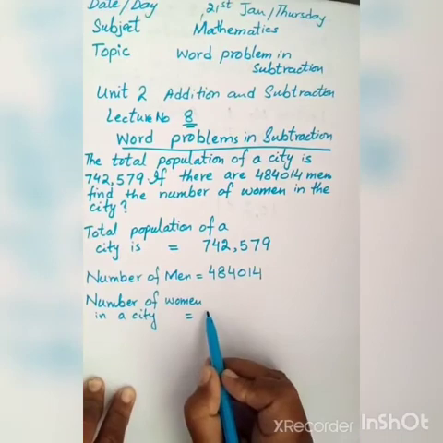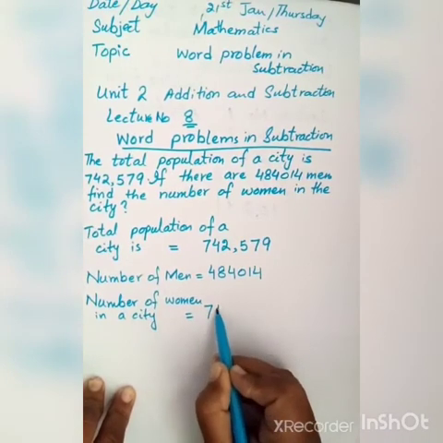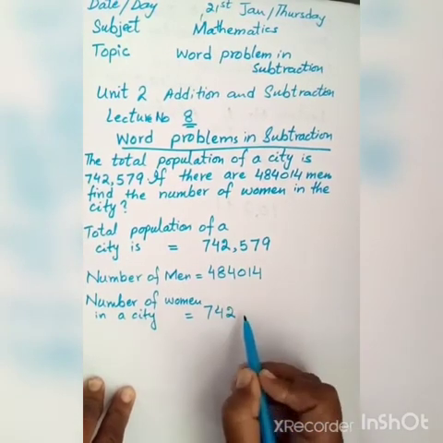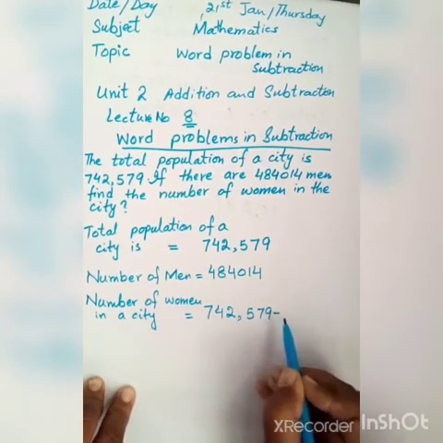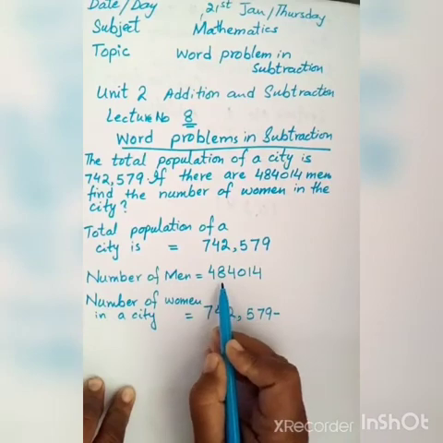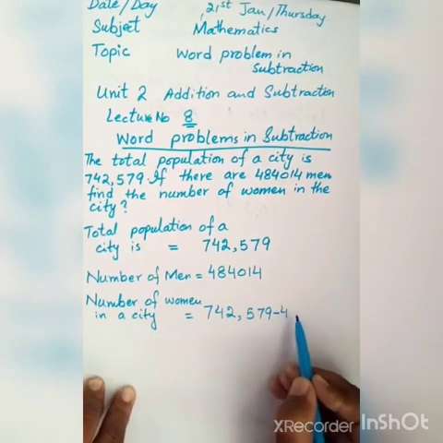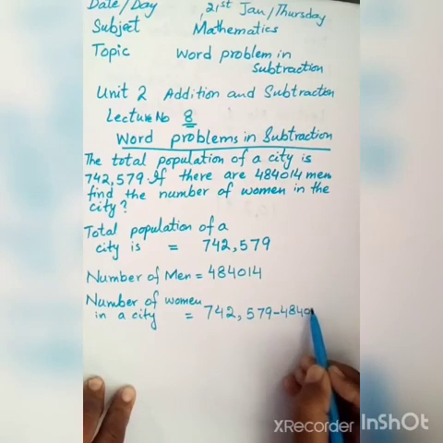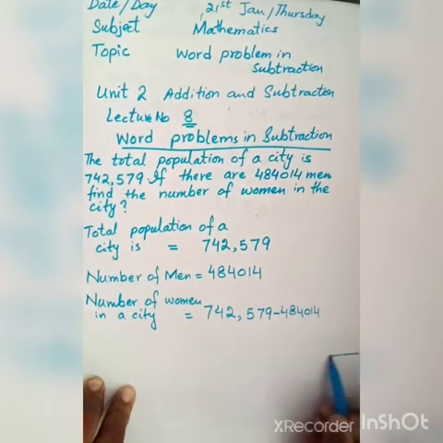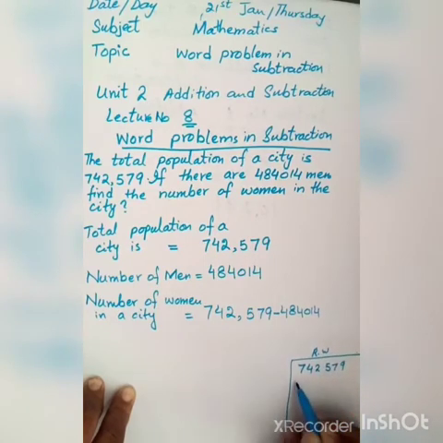So total population of a city is 742,579 minus number of men. Number of men is 484,014. So we subtract these in rough work. Look, this is rough work. 742,579 minus